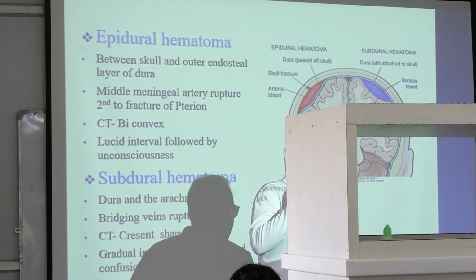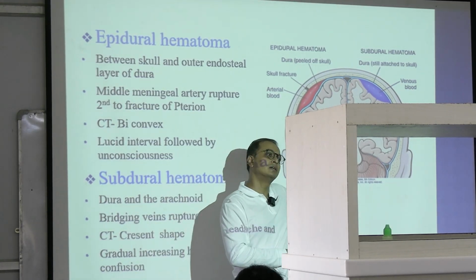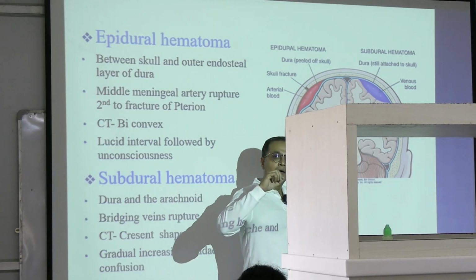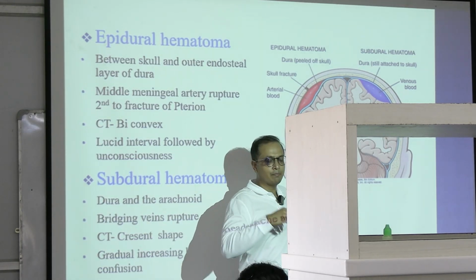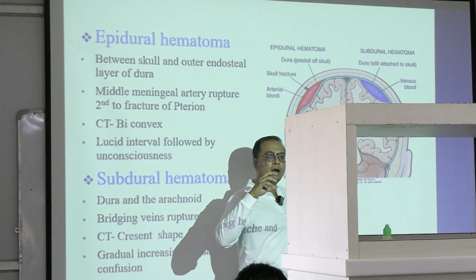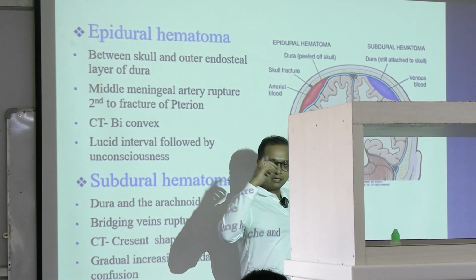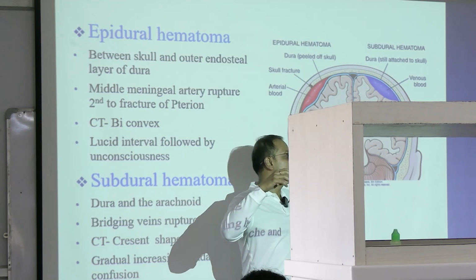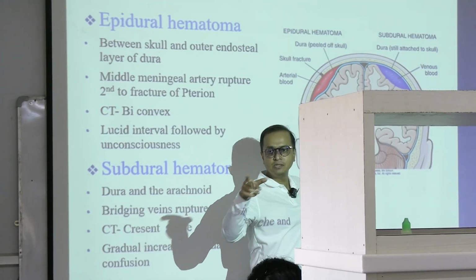So, two kinds of hemorrhages we are seeing here. One is parenchymal hemorrhage, that means within the brain it is happening by the cerebral arteries bleeding. Other bleeding can happen here which is occupied by the dura mater, extradural or subdural. Extradural is bleeding outside the dura mater from the dural blood vessels or arteries, the middle meningeal artery for the